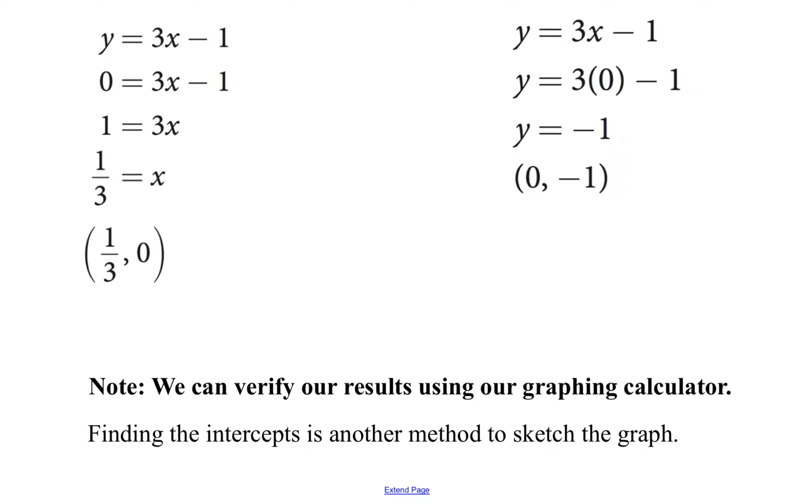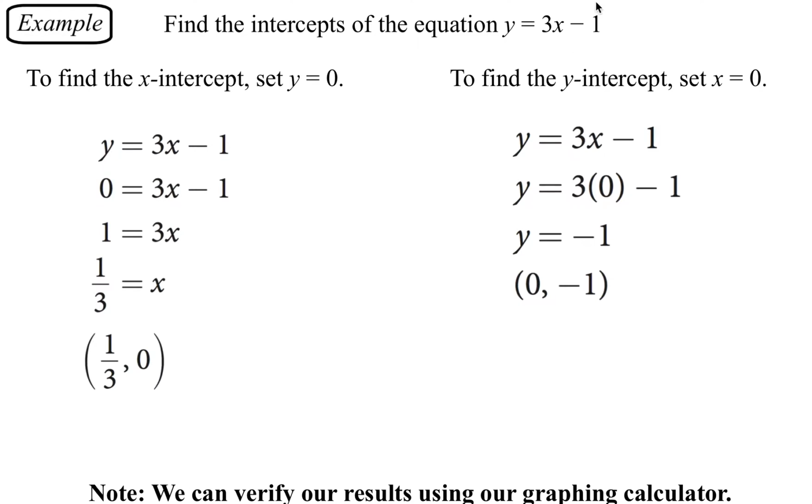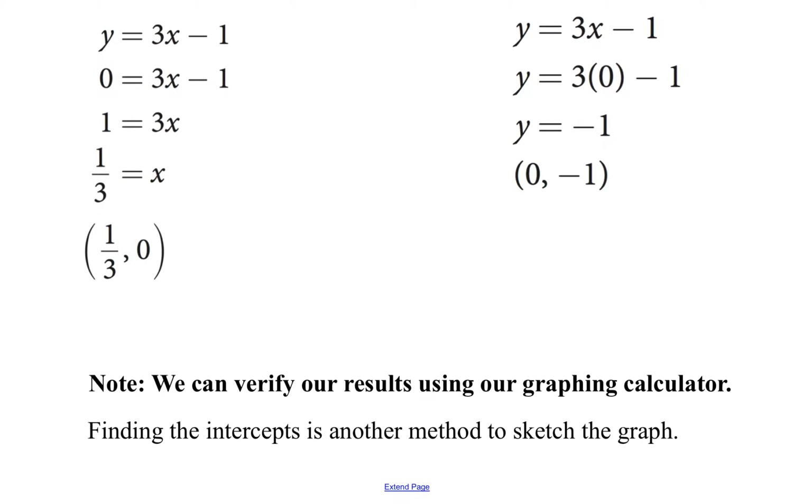So if you want to punch that equation into your graphing calculator, y equals 3x minus 1, just like I showed you in the video on the last slide, you can verify that those are the correct intercepts using your calculator. That'd be good practice for you. Another note I have here for you is finding the intercepts is another way that we can sketch the graph. Rather than randomly putting in values for x, we could just find our two intercepts. We only need 2 points to graph a line,